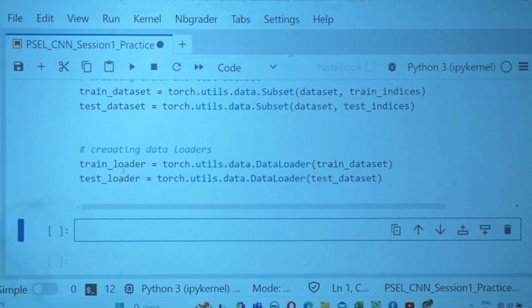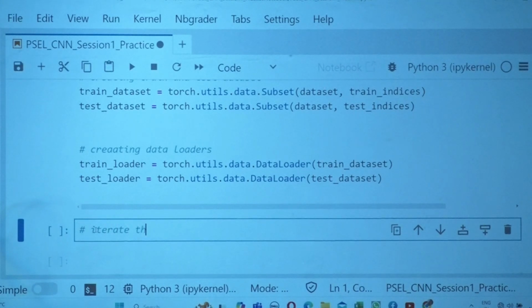Have you created the data loaders? Done. Let us check how the data is there in the data loader. What is the job of data loaders? Okay, from the data sets we are creating that. I haven't defined any batch sizes. Let us see first. Right. In order to see how the data is, iterate through